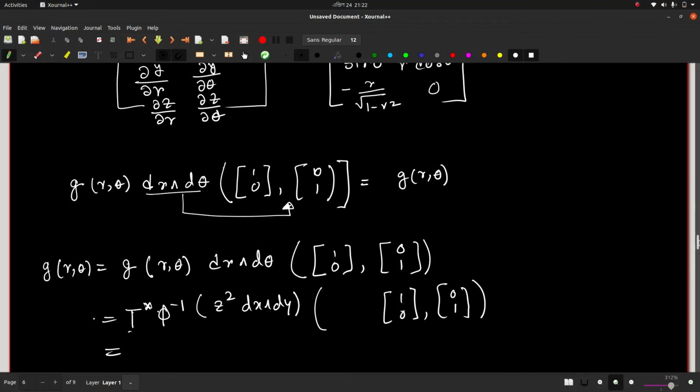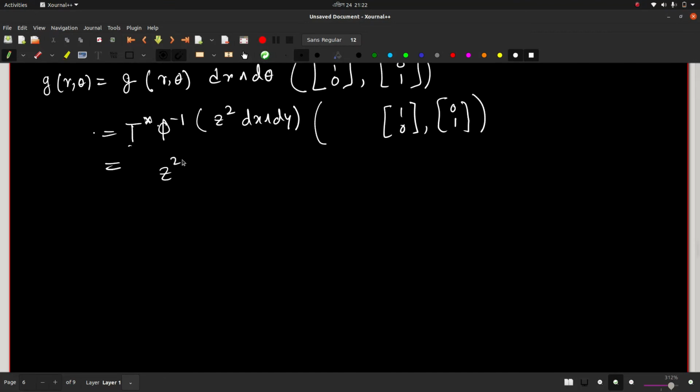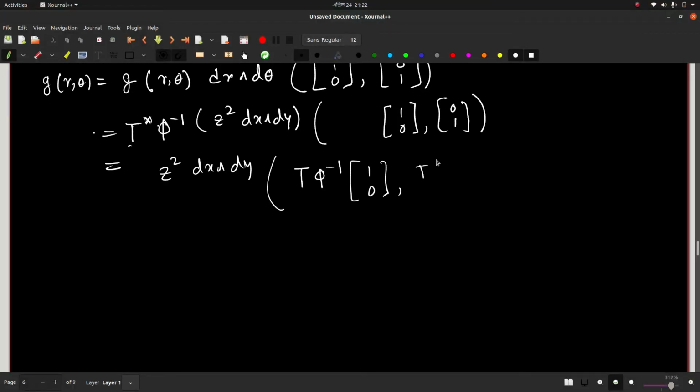On the next line you just put z squared dx wedged with dy, and you have now t phi inverse 1 1 0 t phi inverse 1 0 1. Now you put the values of t phi inverse 1 that you found earlier and you multiply them with these column vectors,